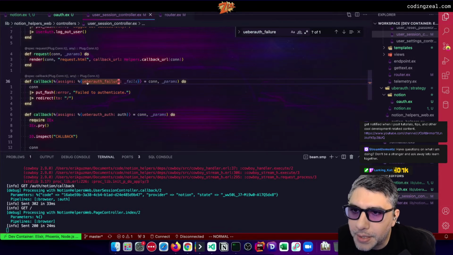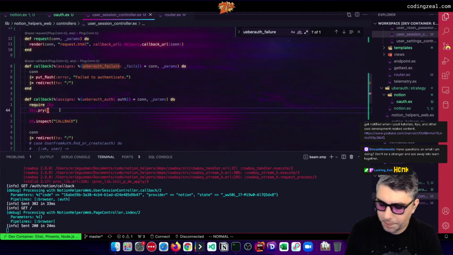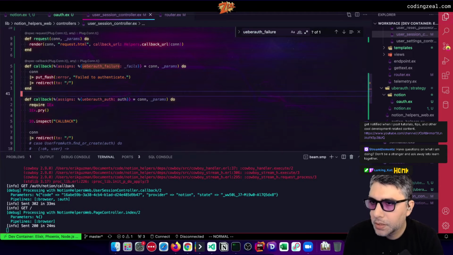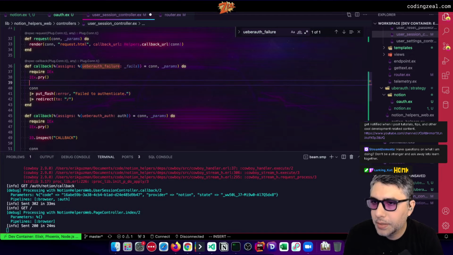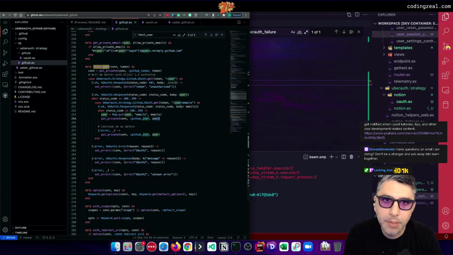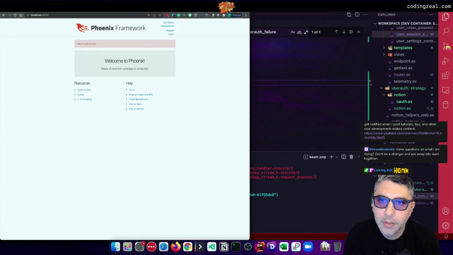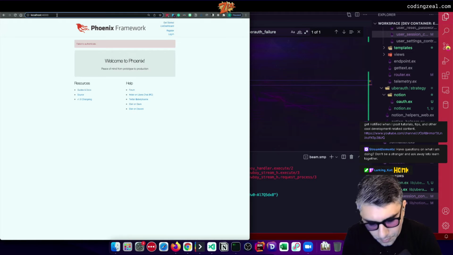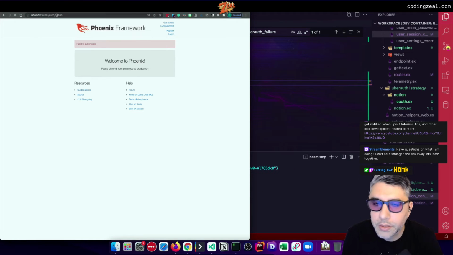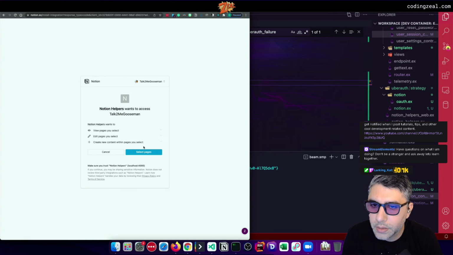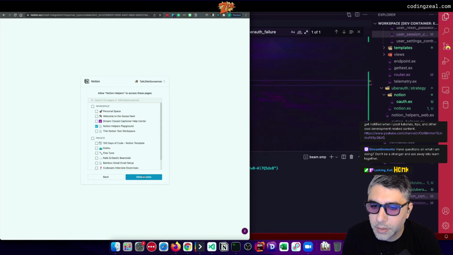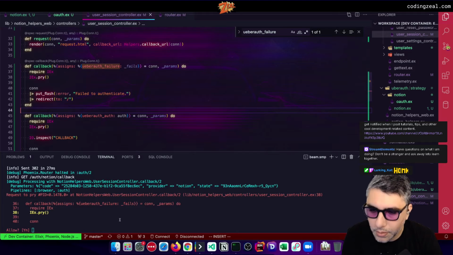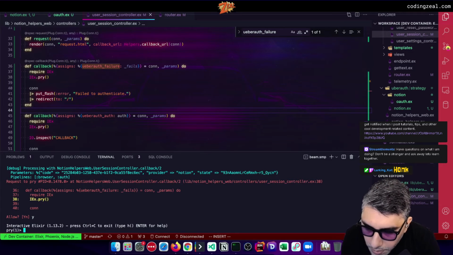I don't get why this is erroring out though. Okay, so that means we'll have to put the binding part here to look at what the payload is. Auth Notion. Click on this. Click on that. Get to go down here. And then